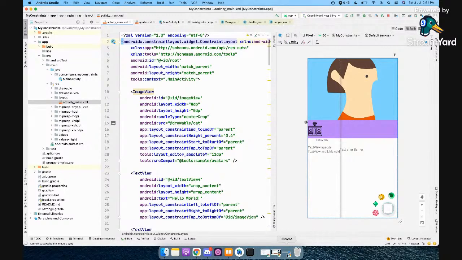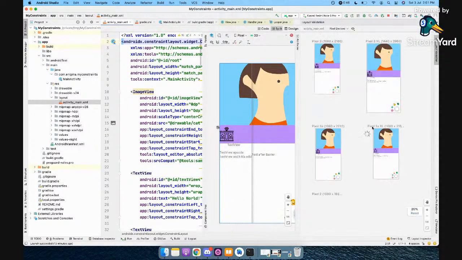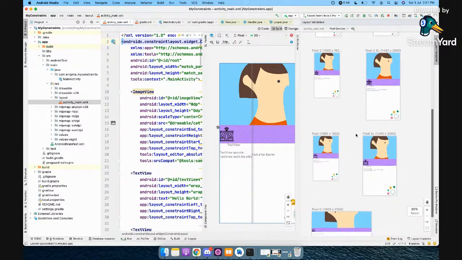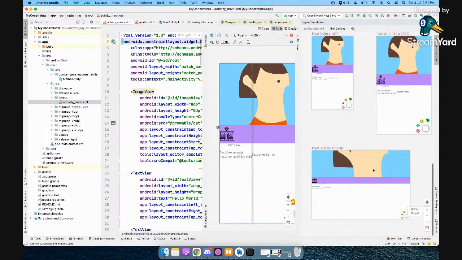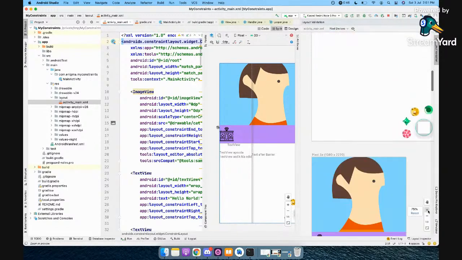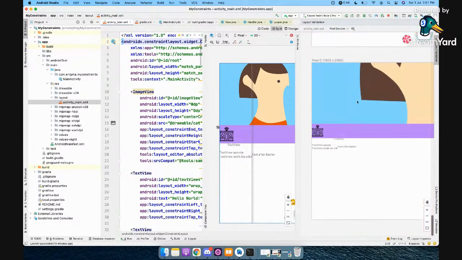One viewer is asking: we know that constraint layout is the flexible layout for responsive design. When we want to make a responsive design, what steps should we follow? If you want to make it very responsive, you should keep going to this layout validation. You should see how each view will look under particular conditions. For example, the rest of the views are fine, but what about this one on Pixel 3C, whatever? This looks very weird to me.